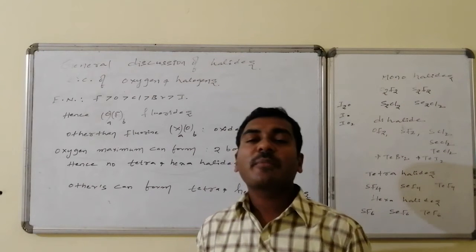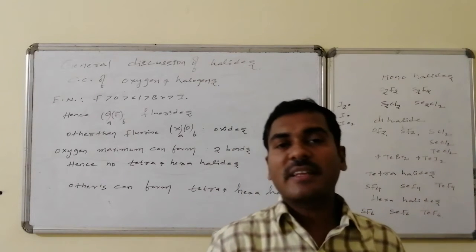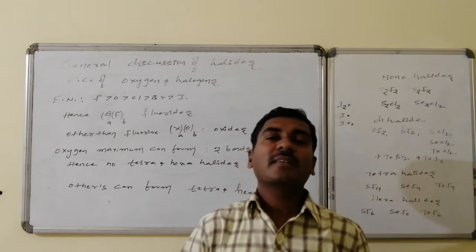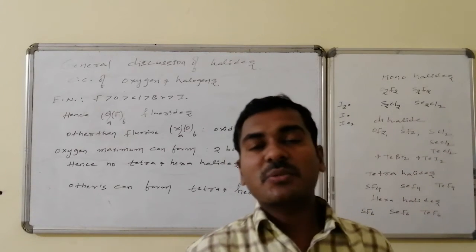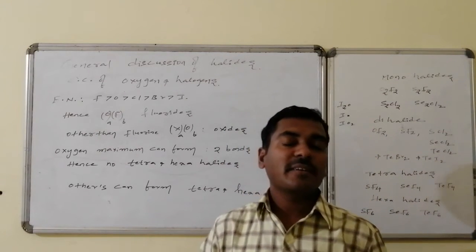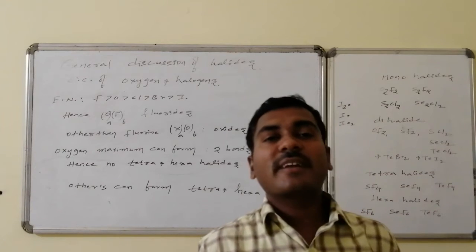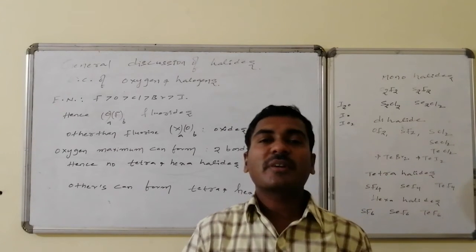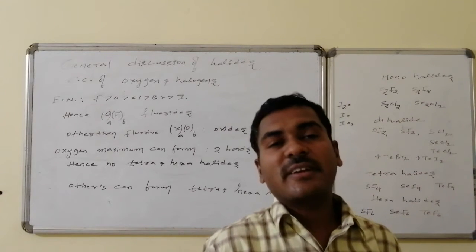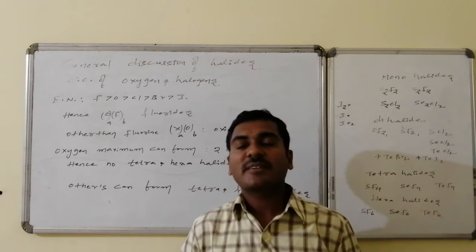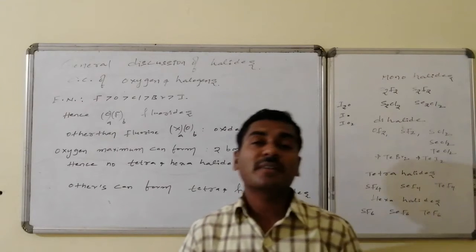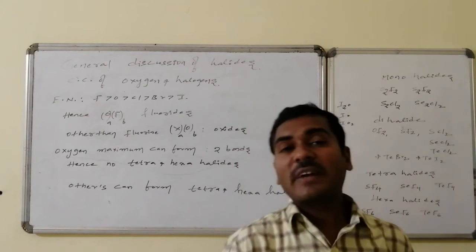Whereas the remaining group 6A elements do have d orbitals. The 3d orbital is present, and the fourth orbit also consists of a d orbital. Therefore, except oxygen, sulfur, selenium, tellurium and the others can undergo excitation, whereby an electron can be promoted from a lower energy level to a higher energy level. If one lone pair is promoted, 2 extra electrons are counted, so it has 4 unpaired electrons, can form 4 valencies, can form 4 sigma bonds, and can connect with 4 monovalent atoms.